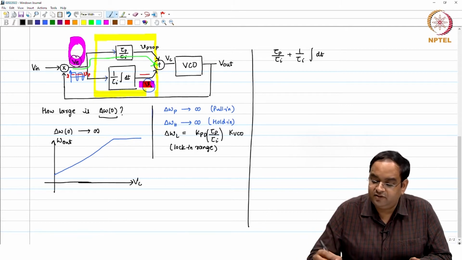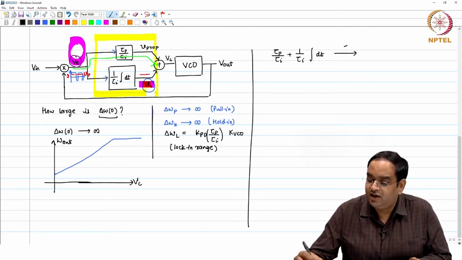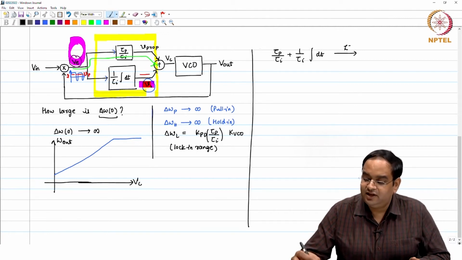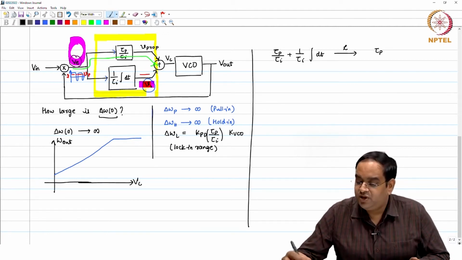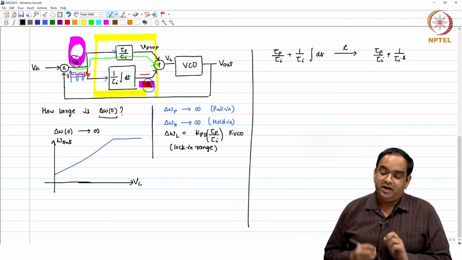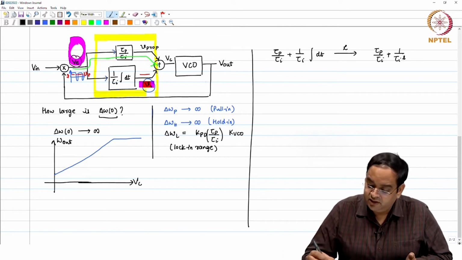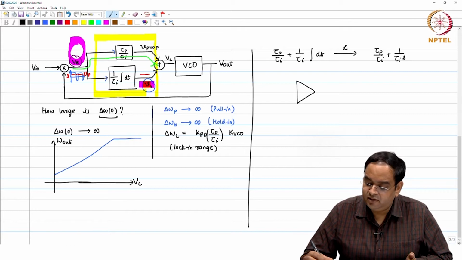Okay, this is our transfer function in time domain. In Laplace domain, it translates to tau p by tau I into 1 over tau I s. So, this transfer function can be easily implemented by using an active integrator as shown to you like this,